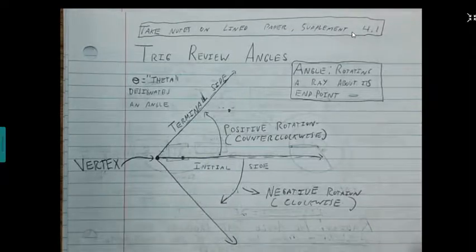One of the things is that you need 4.1 to understand 4.2, 4.2 to understand 4.4, 4.4 to understand 4.5. So if you're getting lost, it's probably because you missed something initially, which is causing you to seize up a little bit. So, anyways, let's make a review for angles. For trig review angles,